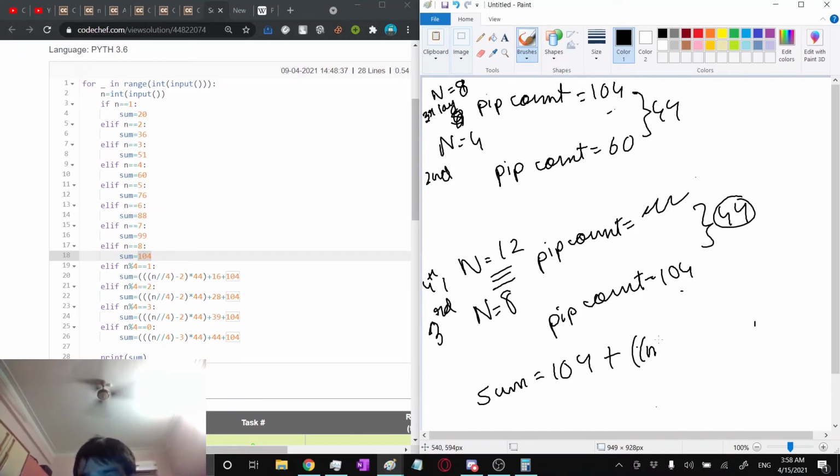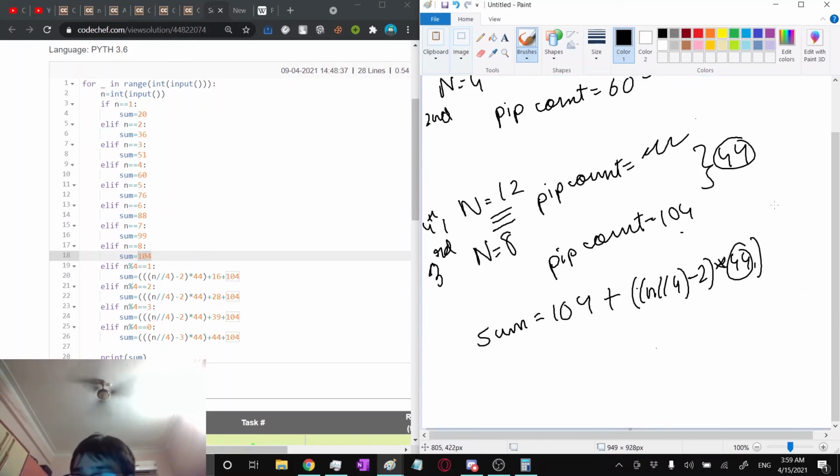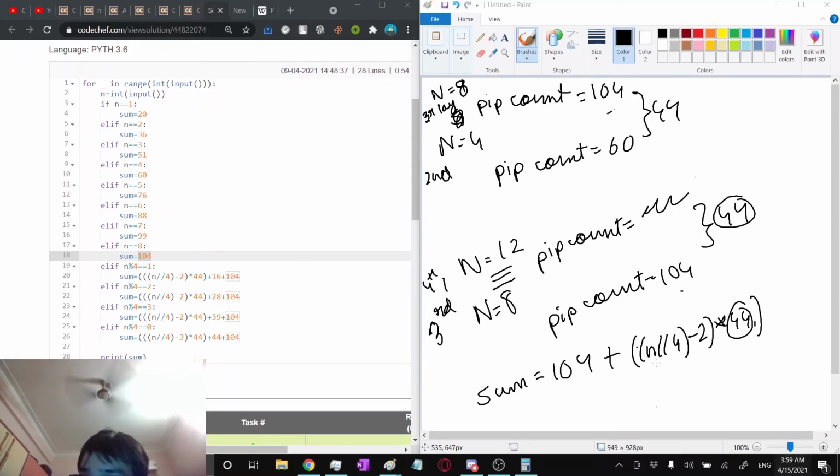This condition n divided by 4 minus 2 into 44. As you can see, 44 is over here. So what we did was we took the test case from over here. Let's put n equal to 12 over here. 104 plus 12, 12 by 4 equal to 3, and minus 2 will give us 1. So all this equal to 1